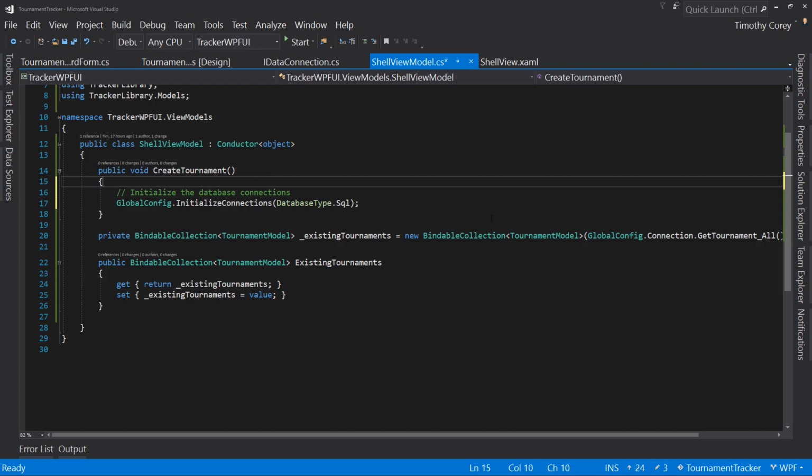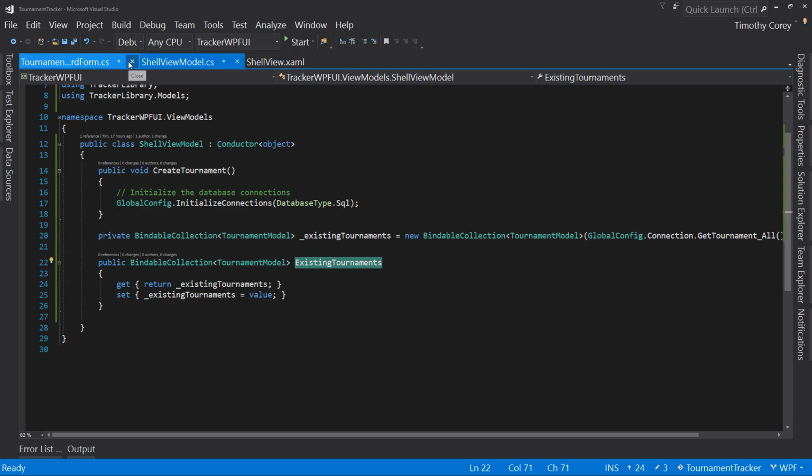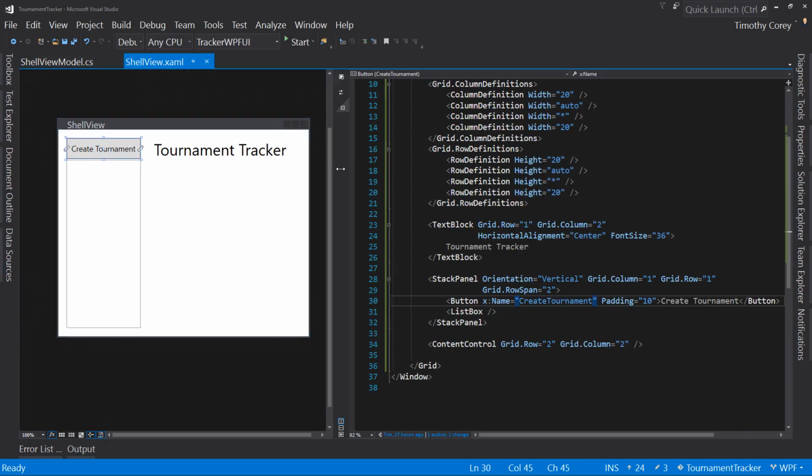So now our bindable list seems to be set up right. We can test this in just a little bit, and testing is good. The quicker you get to testing, the better. The way we're going to set up testing is we actually need to bind this to our list box. So let's close out this other stuff we don't need and go back to our shell view. And we're going to say that our list box name,